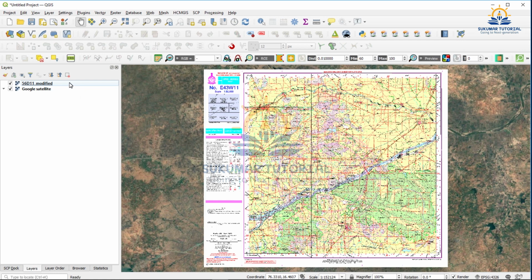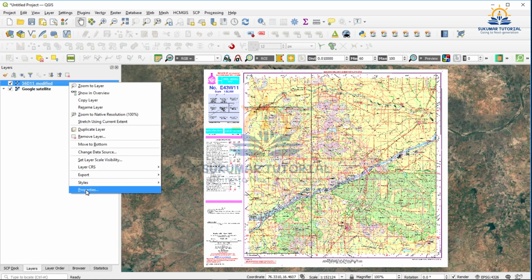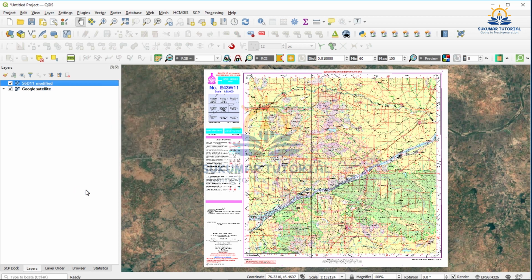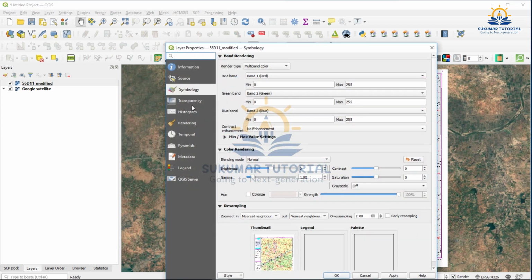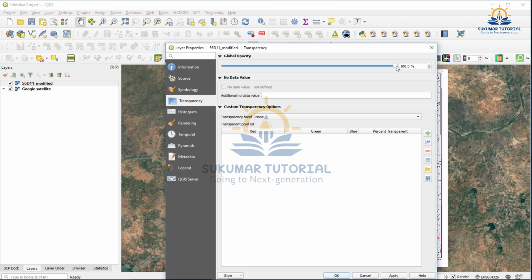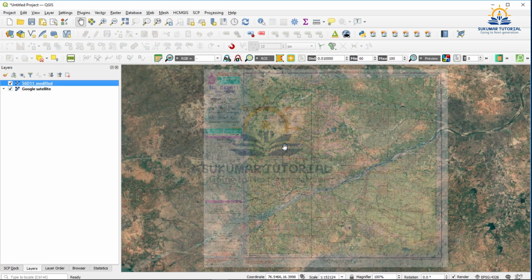For that, we have to go to Properties, go to Transparency, and make the transparency 30% or 25%. I am giving 25.6% transparency. Apply. Now the topo sheet has become transparent.